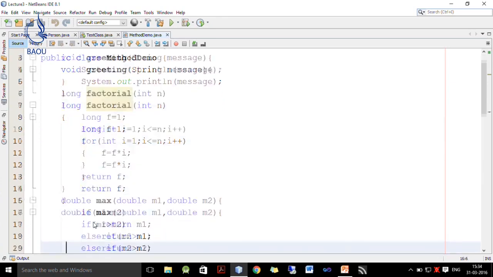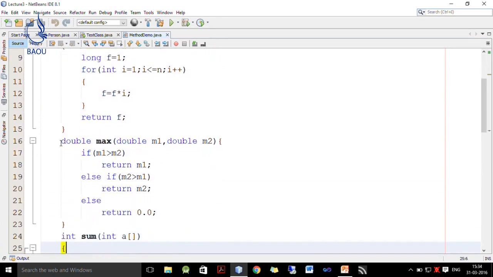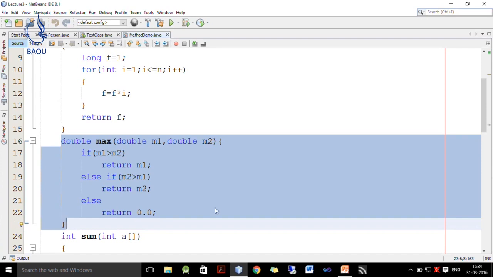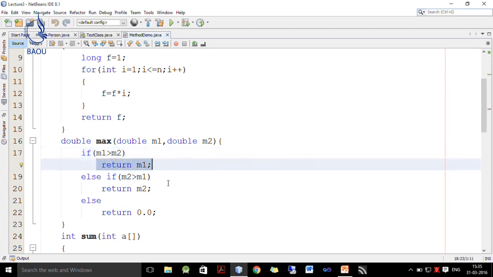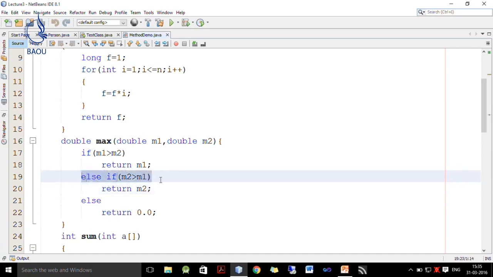The next is a max method which takes two arguments m1 and m2, and we want to return the maximum of these two values. So, I write if m1 is greater than m2, it means m1 is maximum, so I return m1. Now, the next condition to be tested is whether m2 is greater than m1.